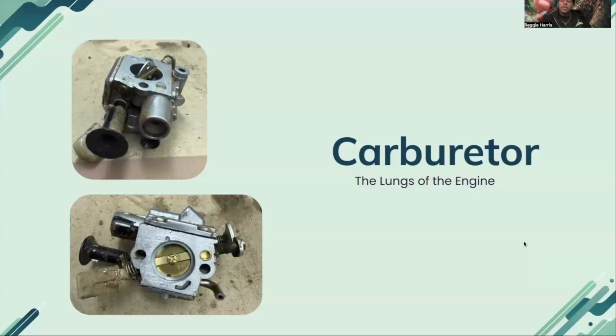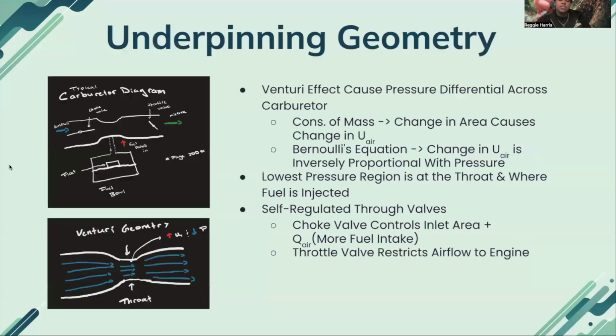One of the most important fluid mechanical devices to the operation of any engine is the carburetor, as it allows the cylinder to breathe in fuel and air in an appropriate mixture to promote efficient combustion. It does this without the aid of any technology or any sensors, meaning it's powered strictly through the principles of fluid mechanics. As you can see, the carburetor has a couple of different components, but the key geometry that motivates